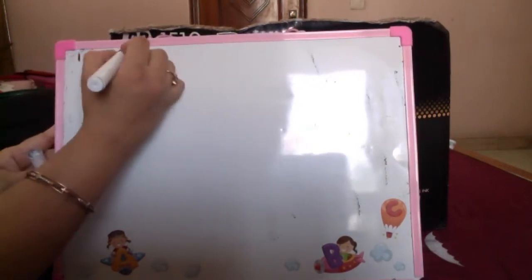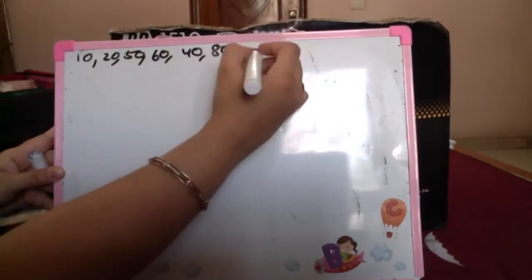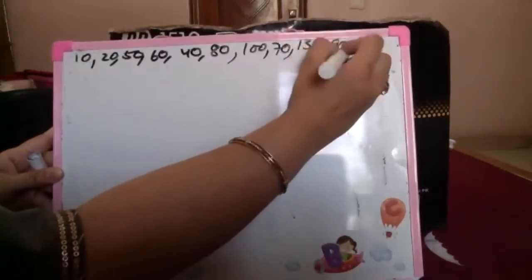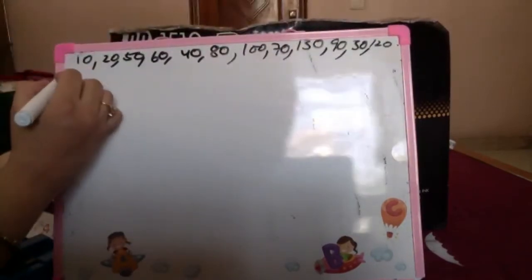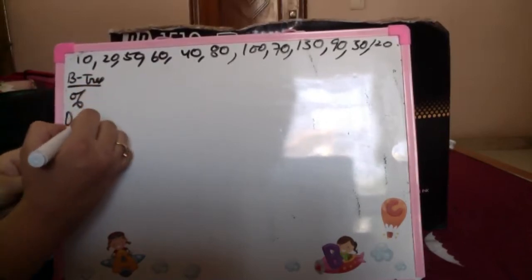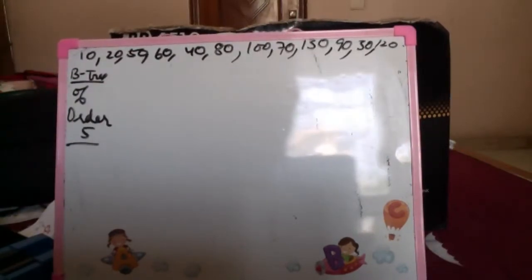So we are taking an example over here. Supposedly I do not have a tree right now and I have some keys that need to be inserted. I have 10, 20, 50, 60, 40, 80, some random order. I have a given question I'm taking for example. I have 100, 70, 130, 90, 30, 120. I have to insert all these values in a B tree of order 5.